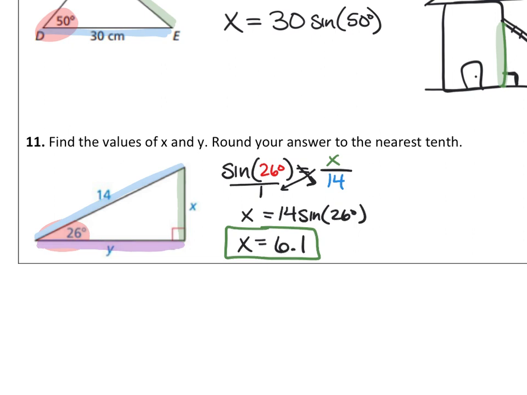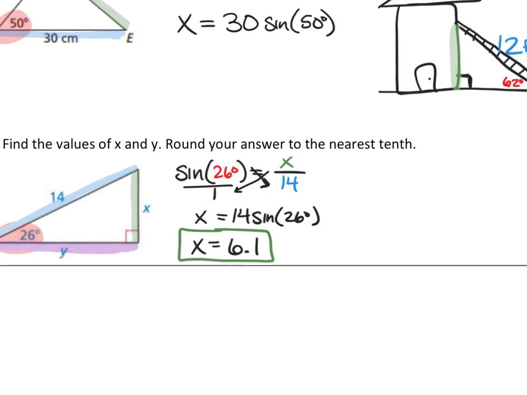So if we want to know the adjacent, and we have the hypotenuse, which trig function am I going to use to find out that side? Again, I want to know adjacent, I know hypotenuse. Which one uses adjacent and hypotenuse? Cosine, very good. So we're going to do the cosine of 26 degrees, same angle, we didn't switch our angle,